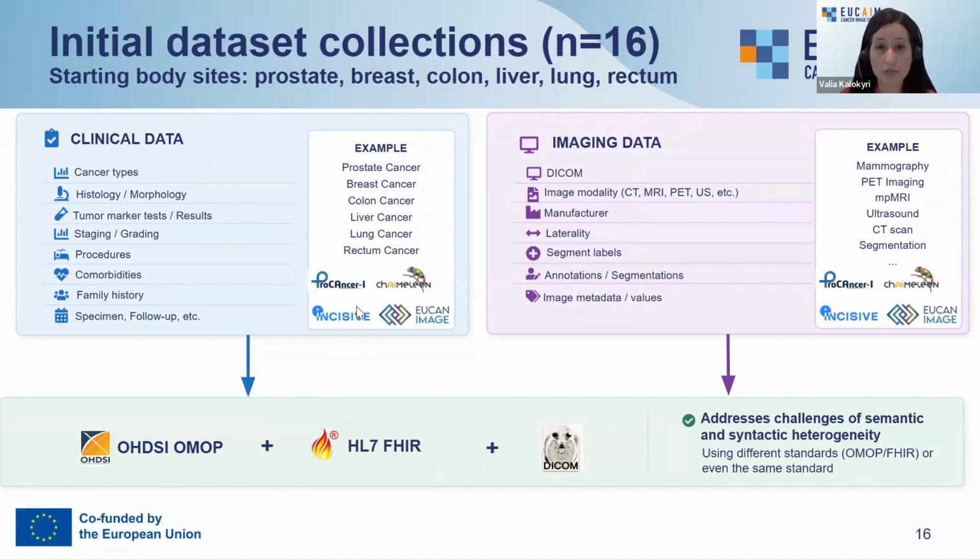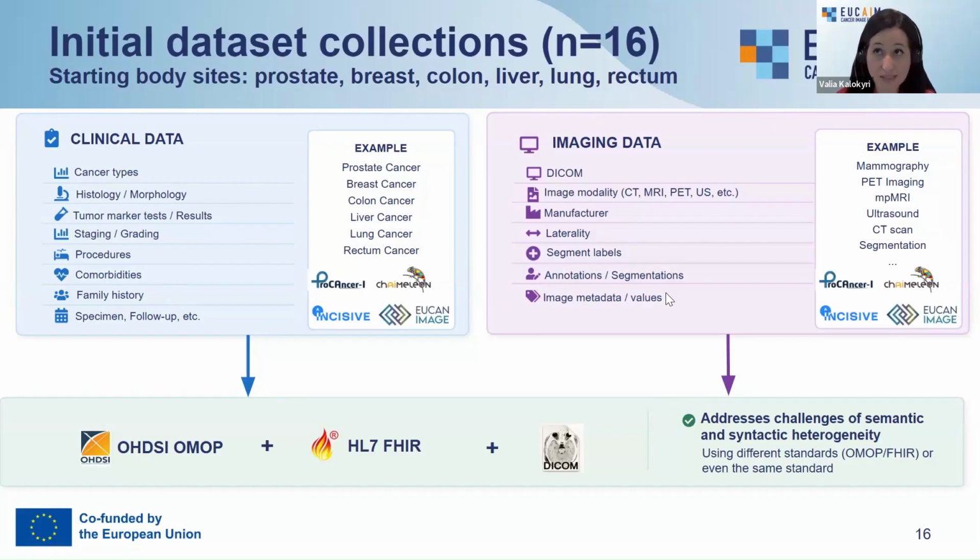All of them consisted of 16 different data sets. So you can see that for the clinical data, there is information about histology, tumor markers, staging, grading, comorbidities, family history, follow-up, and longitudinal kind of information. And in addition, for the imaging metadata,